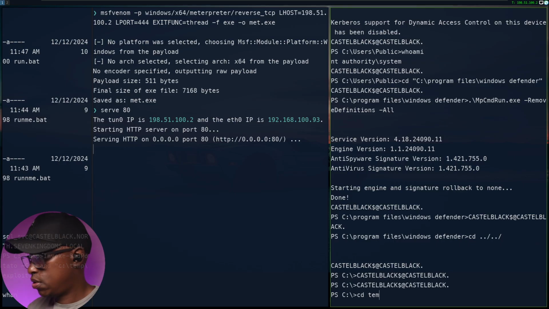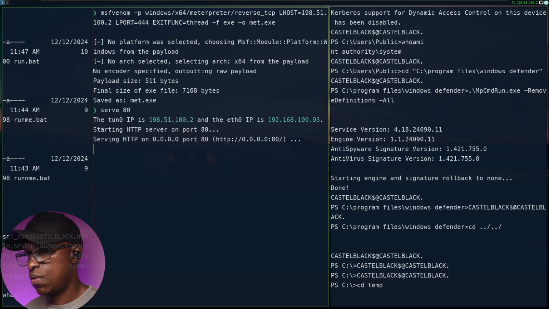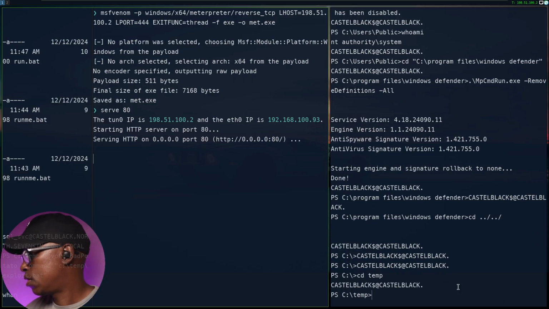So we'll go cd temp. Looks like it's a very unstable shell. And then I'll upload that file here in